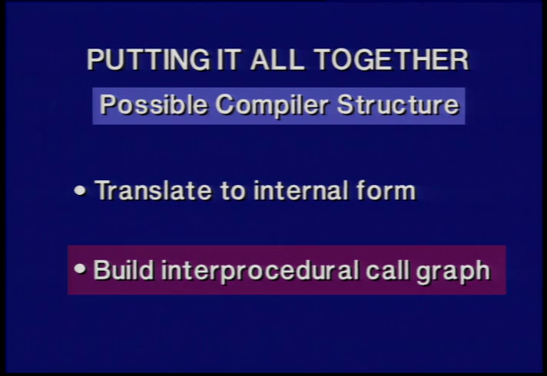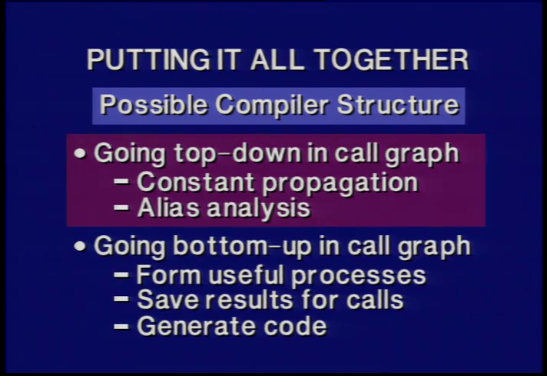And you can actually do that on the basis of information that has been collected during parsing. During parsing the program, in building the internal form, one can collect up little pieces of information about calls and the subroutines, and in FORTRAN's case, the common blocks, and so forth. That can be just put to the side. And then having collected that information about the call graph, one can look at that particular isolated piece of information and not have to look at the whole program again, or even the subparts of it, and do alias analysis and understand how information is being passed forward through the call graph.